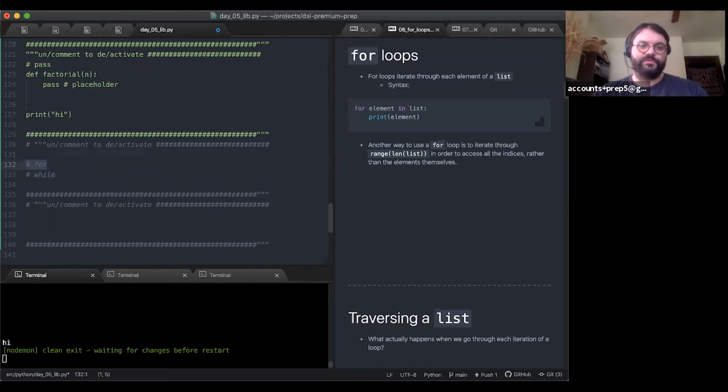In either case, loops repeat processes. They allow us to iterate and repeat parts of our code. For loops are pretty easy to manage. You generally don't have to worry about them. They're easy to read and write. Once you know the syntax and how they work, they're pretty easy to deal with.